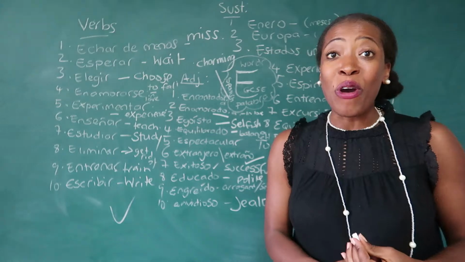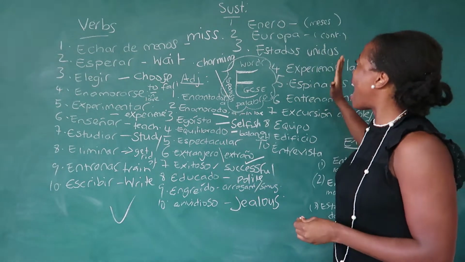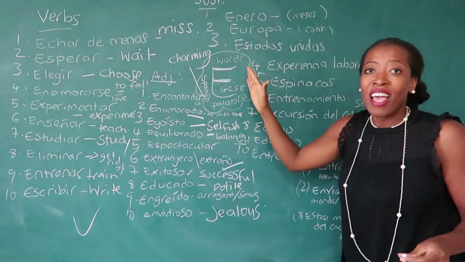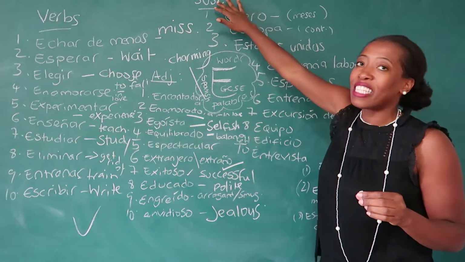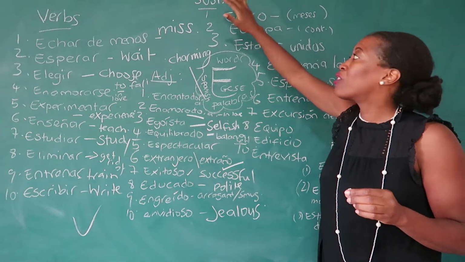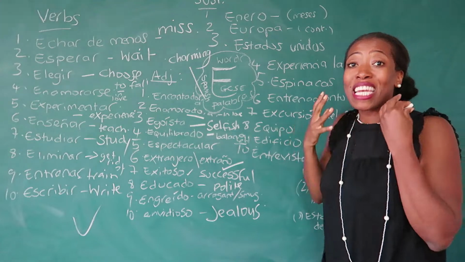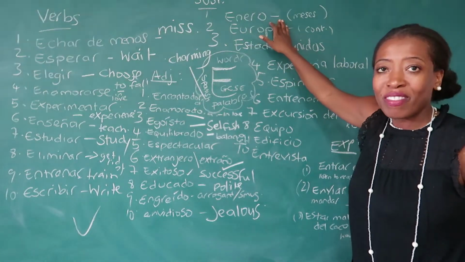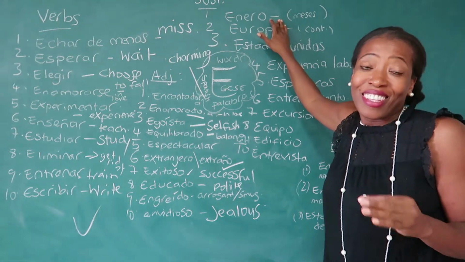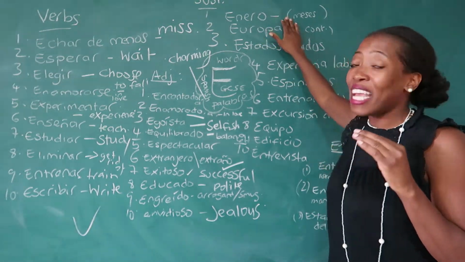And now we're going to go over and look at our nouns. Okay. The first noun, so we're here, you can't see it, it says sustantivo. Sustantivos is just noun for us, our English word, nouns. So the first one you have is enero. Why did I put enero? Well, this was quite deliberate. I put enero,